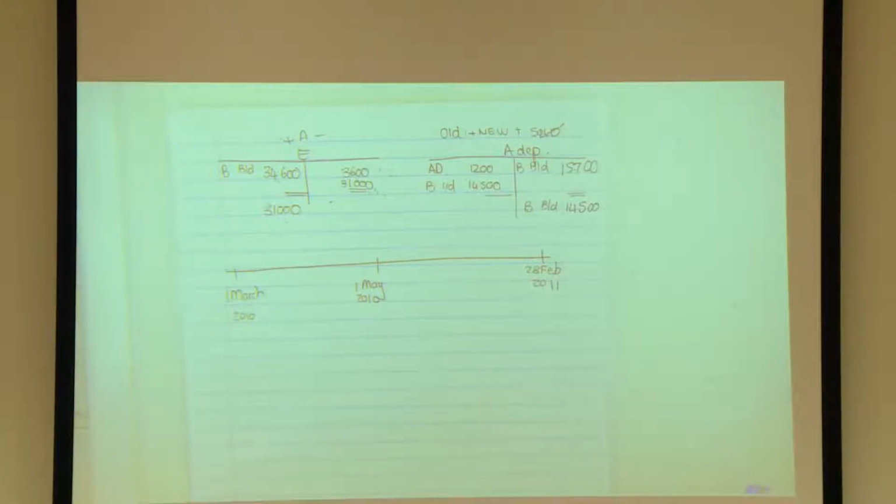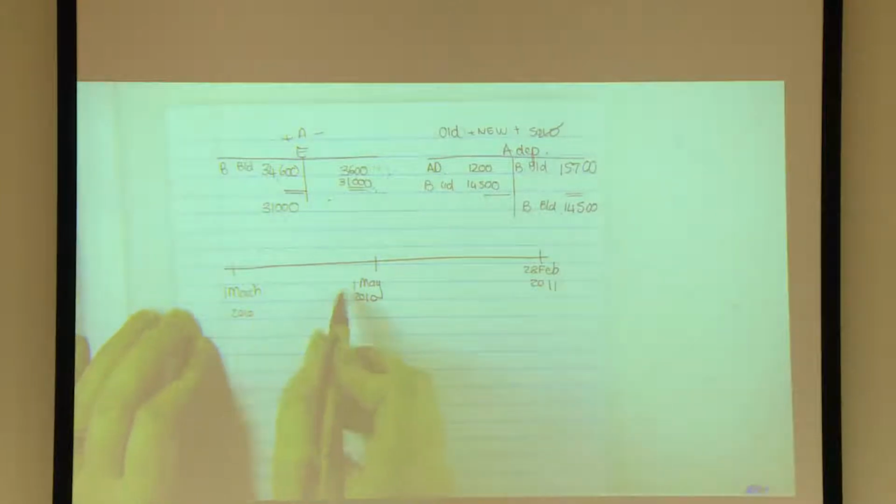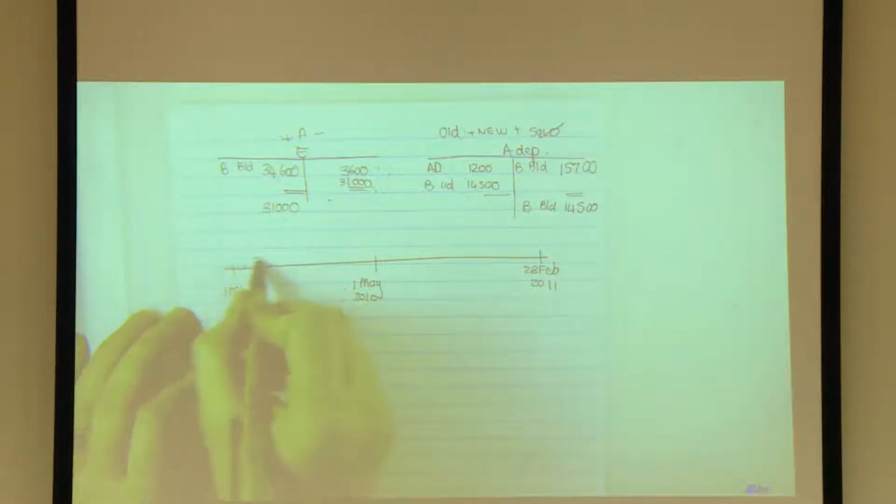So shouldn't I include in the depreciation sold, old plus new? So I still need to work out what was the depreciation. That's why they've given me enough information to actually work it out. So if I just work out the depreciation on the asset which I sold, it means that